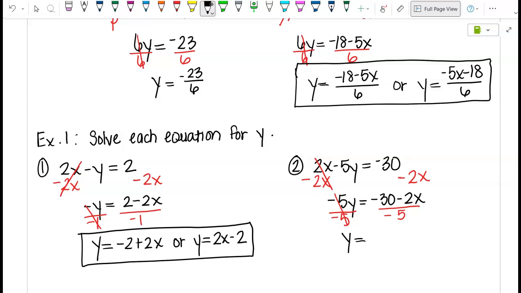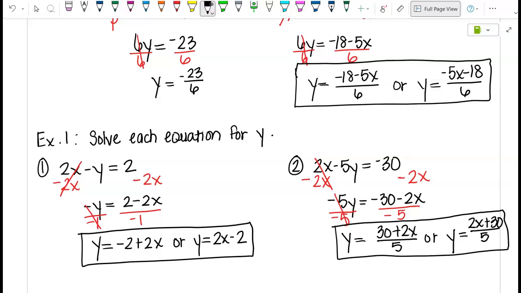So I get y equals, now because I'm dividing by a negative, it's going to change the sign of everything. So I really have 30 plus 2x divided by 5. Or again, you will see this as y equals 2x plus 30 divided by 5. So again, we're just treating that extra variable, we're attaching it to that number and we're moving it like we would move that number if it didn't have